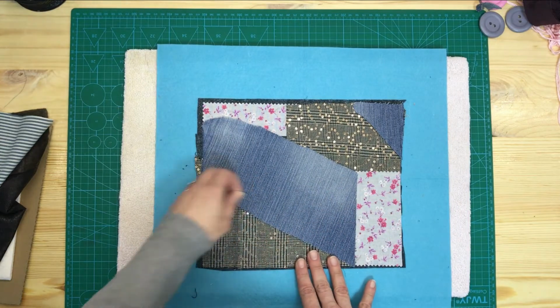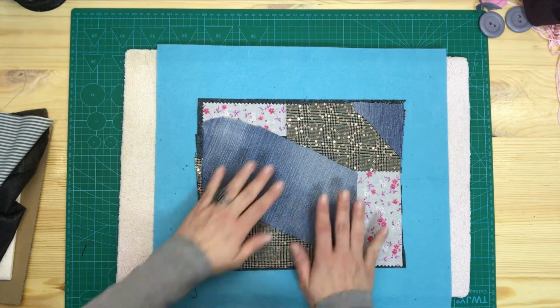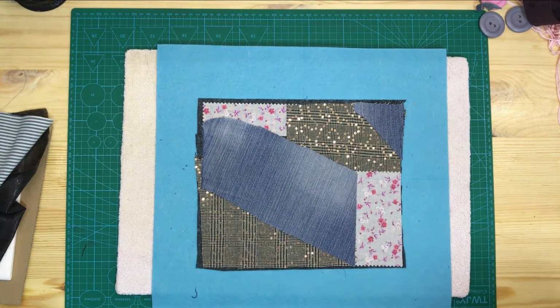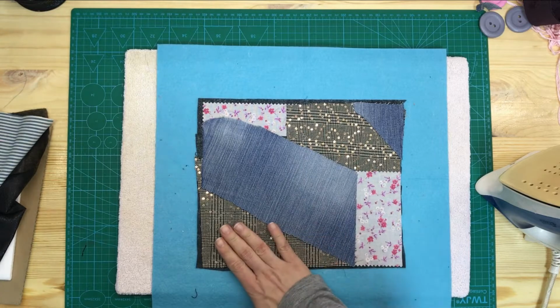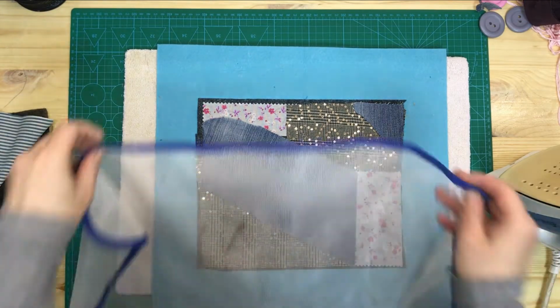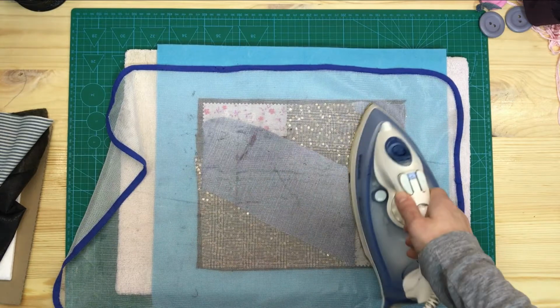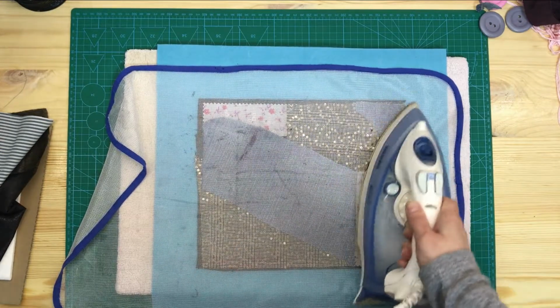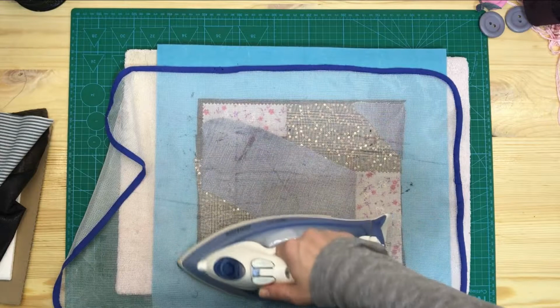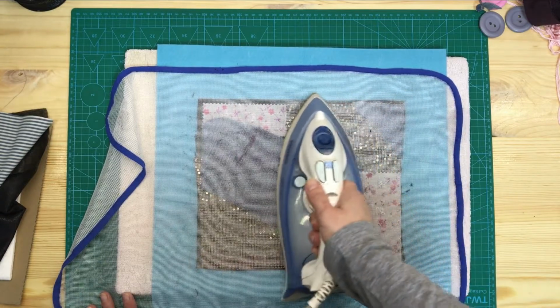So now we have to iron this. Remember how we have this sticky, it's not sticky yet, but the glue is on this side, so when we iron, this will be fixed in place. And because this fabric has those sequins, I want to make sure I don't melt anything, so I'll just use this on top. And it's best to do this on a medium to high heat, but not too hot, because you don't want interfacing to glue too soon. You might end up with bubbles, and you just